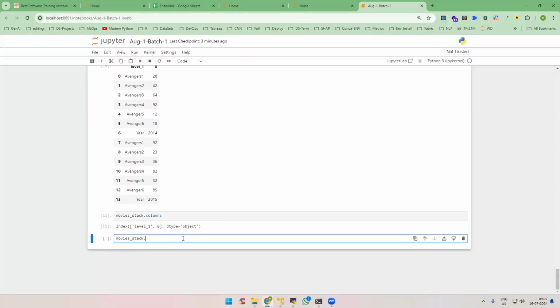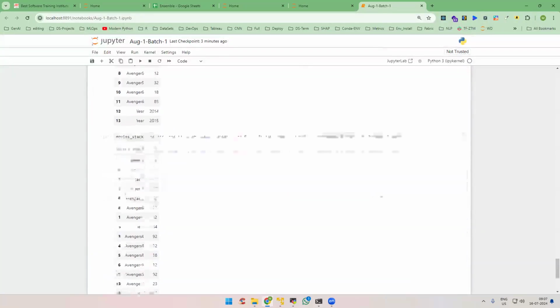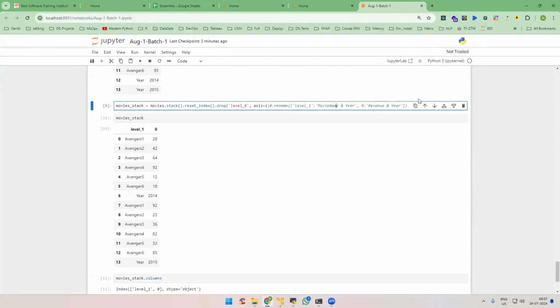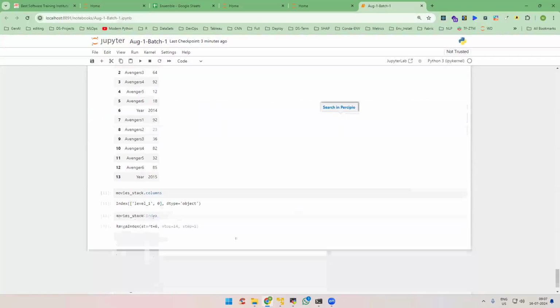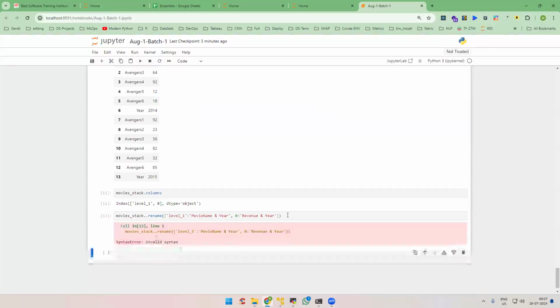Movies stack index. We don't have any index as such, so why did we get something like this? Open this one. Sorry. Instead of level 1,